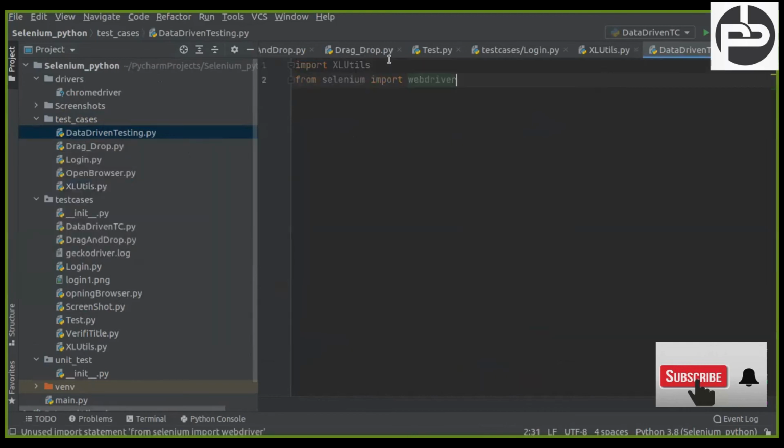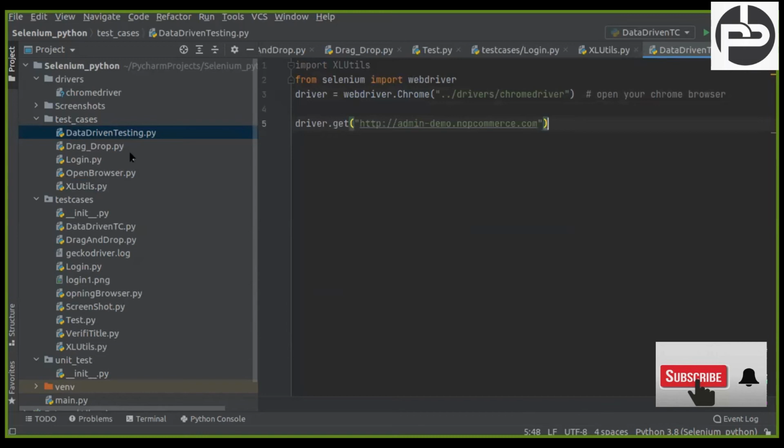So we are importing, and then we need Selenium WebDriver. So we have imported all those things. Second thing is, we need a driver object. Driver object is for opening the browser. Then third thing is, we have to open the particular link. So for opening the link, driver.get method, and inside the get method, we can pass our website link.